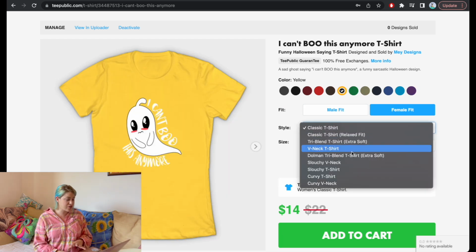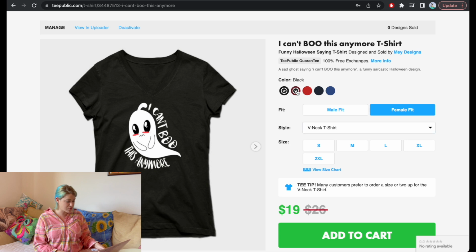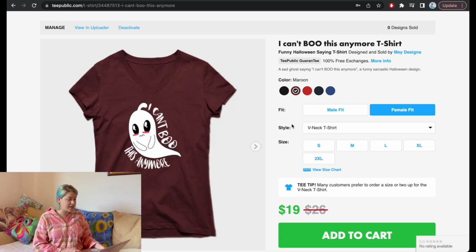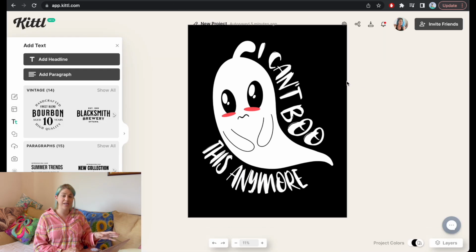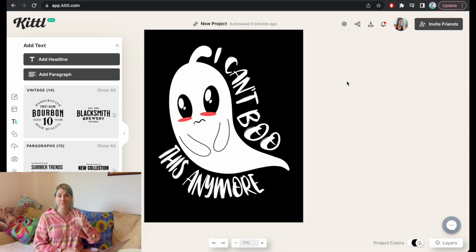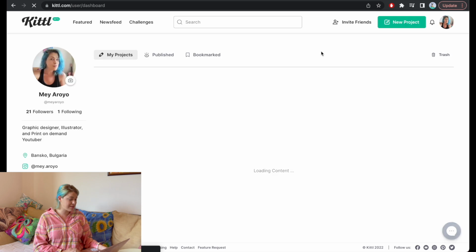And I kind of like this t-shirt on a variety of colors. I really like the maroon color for it. I feel like it goes with the eyes. But as I said, that's not the only thing that I designed for you guys today, because I also did a design with Kittl that is only using Kittl without any of my elements and working more on that text